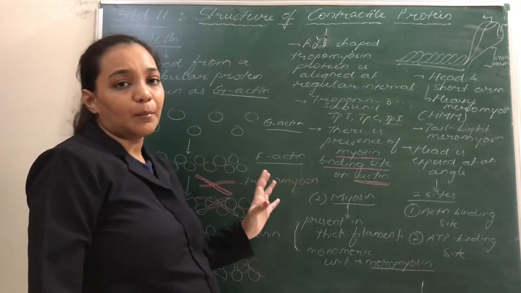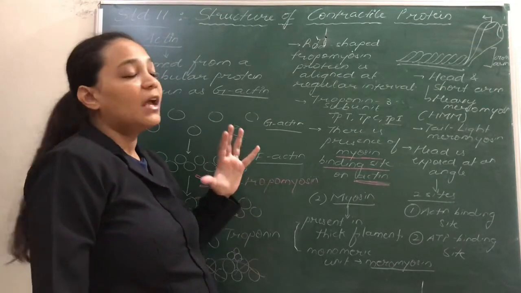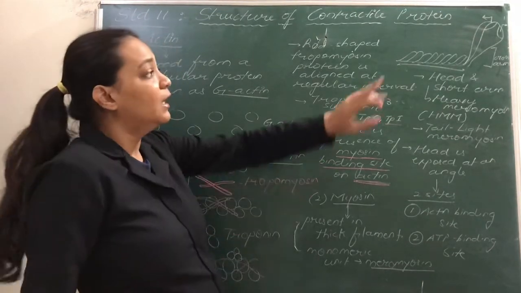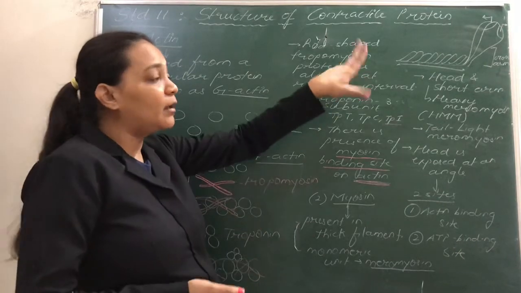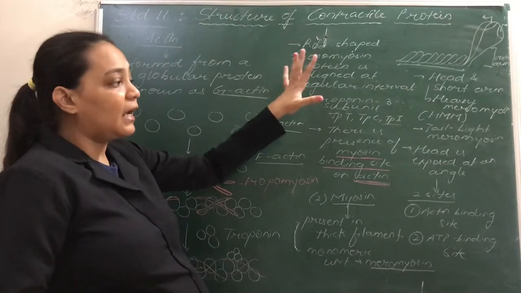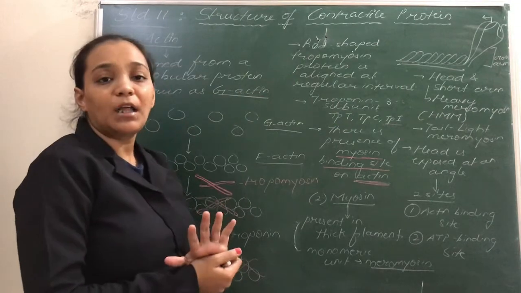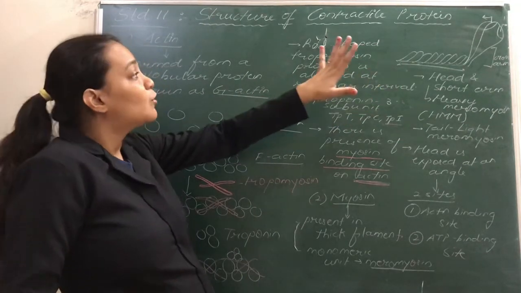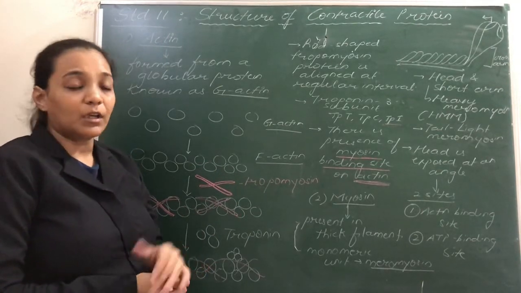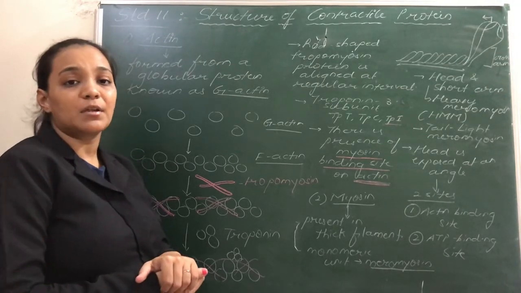Myosin is made up of subunits called meromyosin. Meromyosin is divided into two parts: the head part and the cross arm, the short exposed arm region, make up the heavy meromyosin, whereas the tail is the light meromyosin. The head part has two main sites, one for binding with actin and one for binding with ATP. So that is the structure of the two contractile proteins, actin and myosin. We will be looking further at these structures when we discuss the mechanism of muscle contraction.